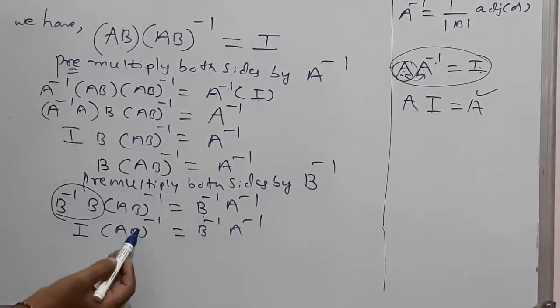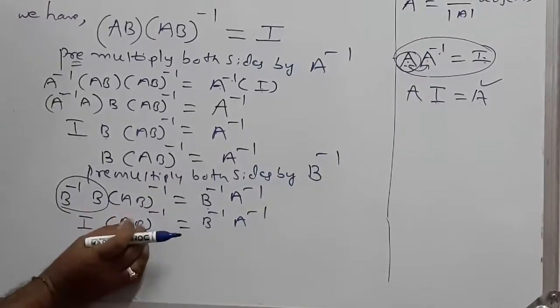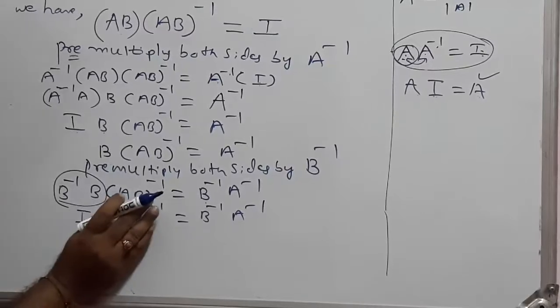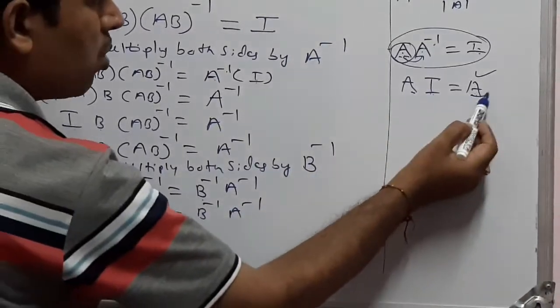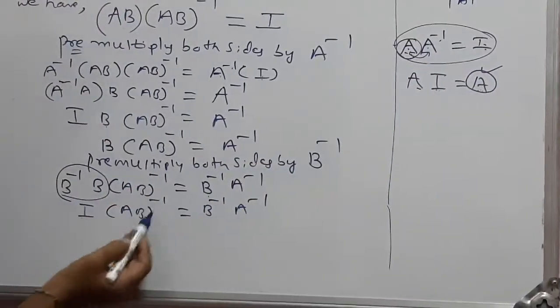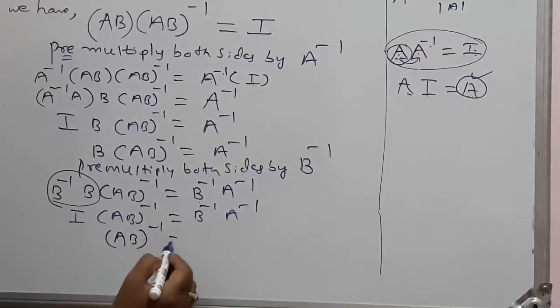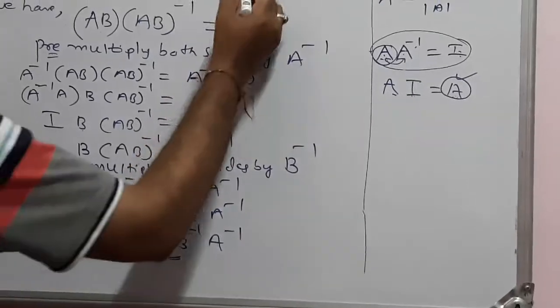Okay. So multiplying two matrices AB, I get another matrix, and we take the inverse of this matrix. The identity matrix into any matrix on the left-hand side, according to this property, I should get that matrix back only. So what is that matrix here? I into (AB) inverse means (AB) inverse is equal to B inverse A inverse. So this is the required result.